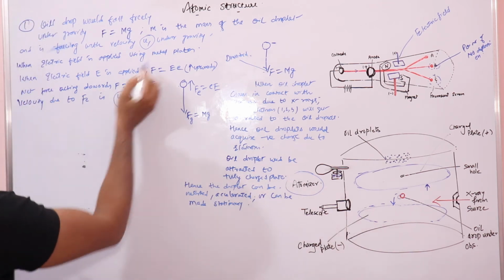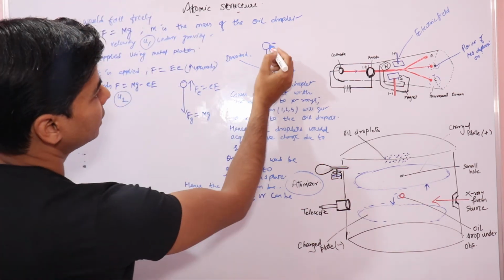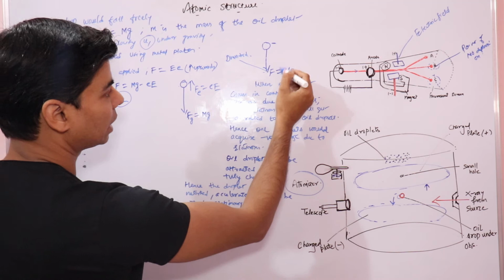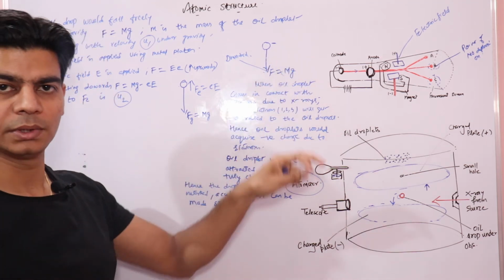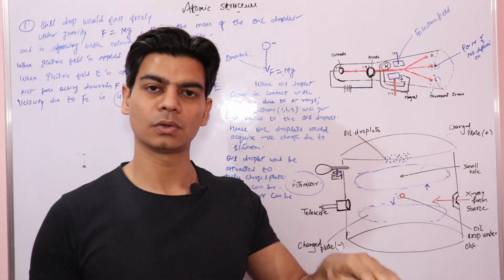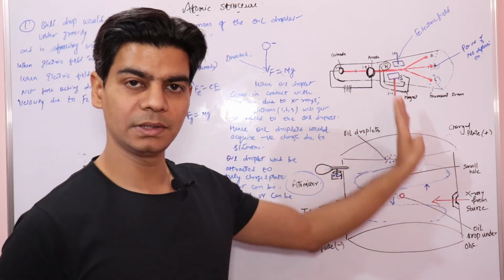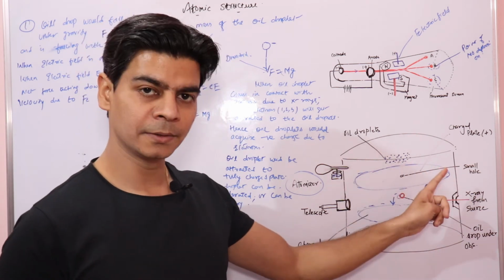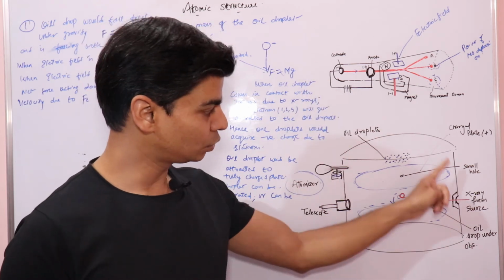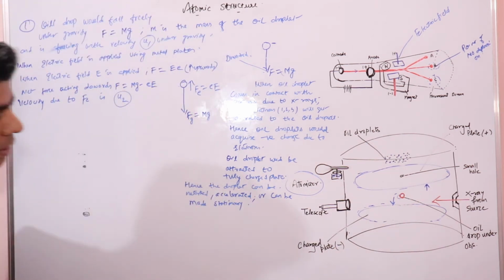And we know that this velocity is directly proportional to the force, right? Because if it's falling with a high velocity, that means the downward force is high. Suppose this oil droplet is now falling slowly, the speed or the velocity has decreased. That means the force acting upwards has increased. The more the force acting upwards towards this positive plate, due to this electric field, the more the oil droplet is attracted to the positive plate.